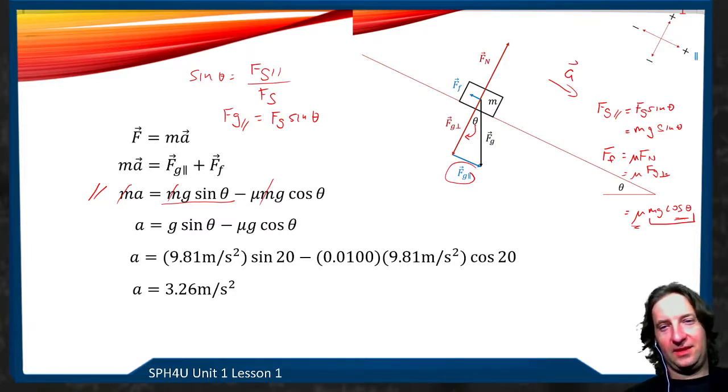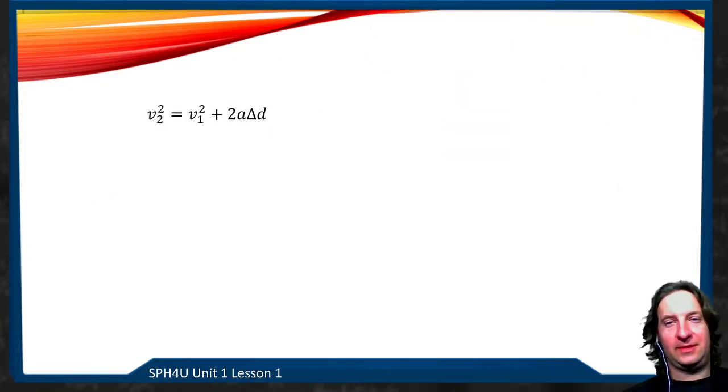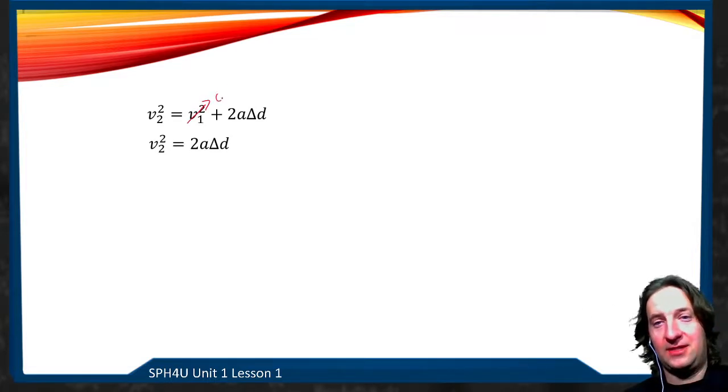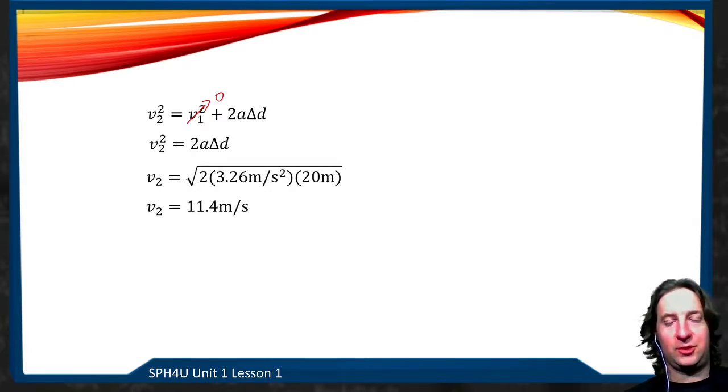All right? Now, unfortunately, that wasn't what the question asked. The question said, hey, what's our velocity going to be? So we're going to have to do one more step here. Because we have to find the velocity, we can go to our kinematic equations. These are in our formula sheets. We know that I'm starting at rest, so V1 is 0. 0 squared is gone. And then I can plug in my answer, which was 3.26, in for A, square root both sides, and I come up with 11.4 meters a second, which is almost